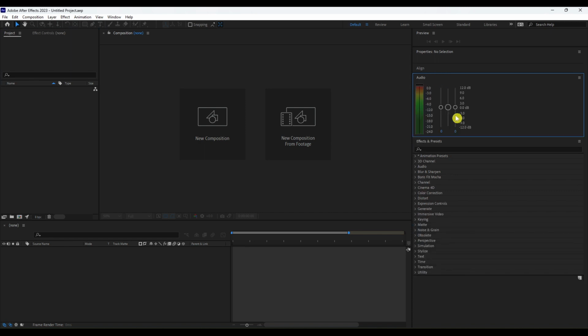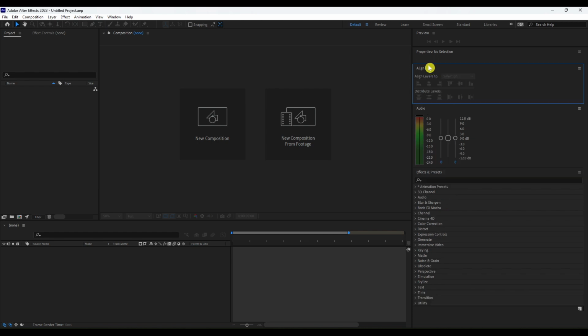If I click on another one, now that window is also expanded and I've got both of those things. And then if I click on Align, now all 3 of those windows are expanded and I can see all the contents. And that might be exactly what you need. If you have a little bit tighter real estate for your window and you want to consolidate some of that,